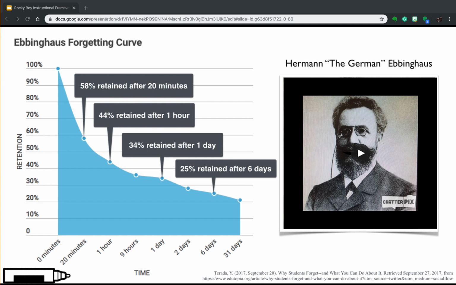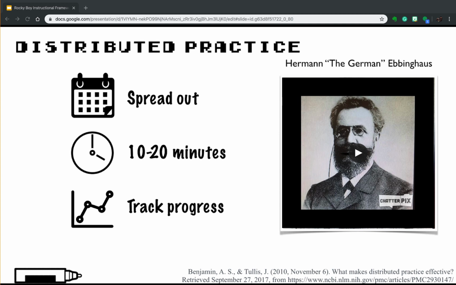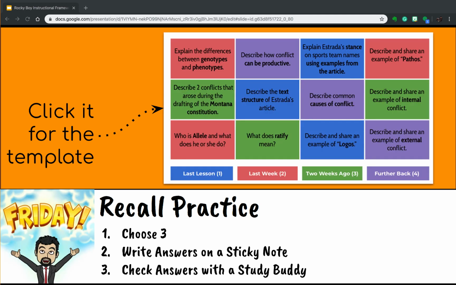So what Hermann Ebbinghaus said is that you can combat this by spreading out the learning through distributed practice. We have to regularly reflect on what we learned so we stay lit and don't forget the important skills we spend so much time developing. To that effort, every Friday, I want to do a little recall practice. I really like retrieval practices developed by Dr. Pooja K. Agarwal and published on